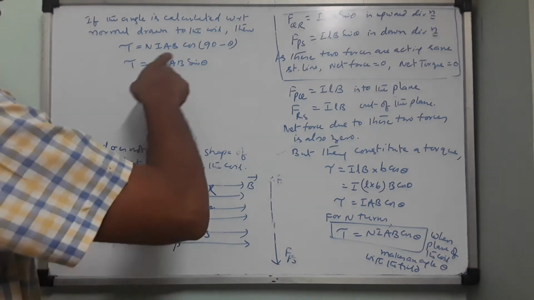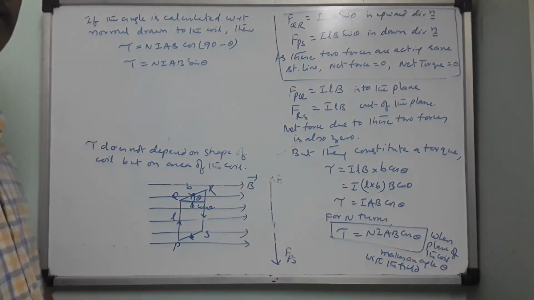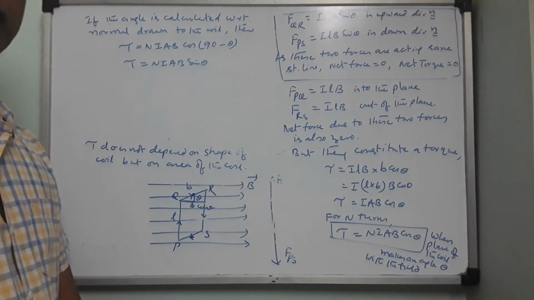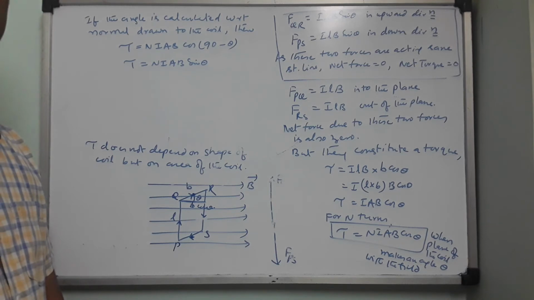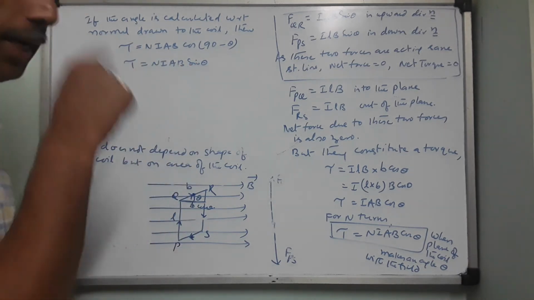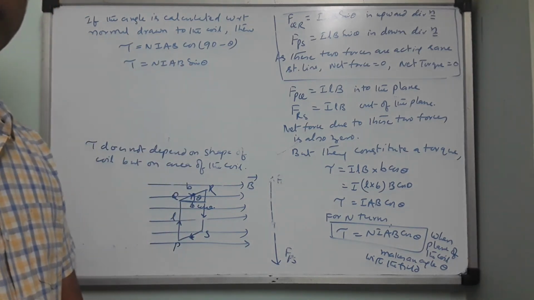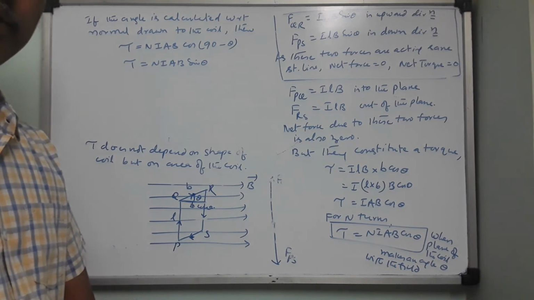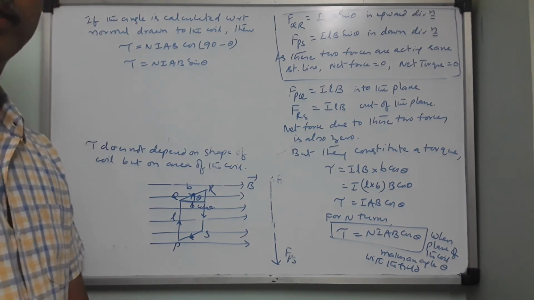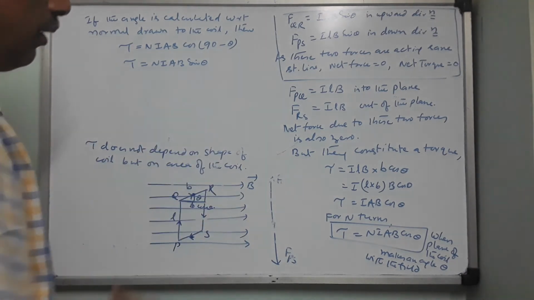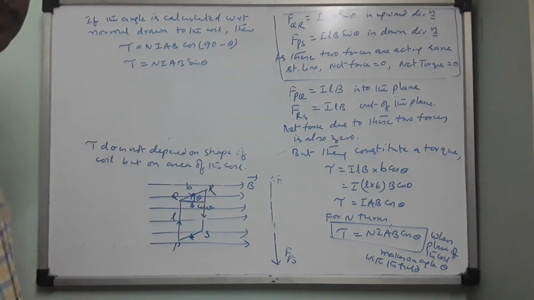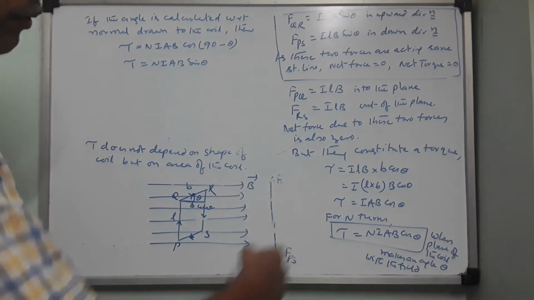You know very well that if the expressions are in terms of cosine, then cosine will always lead to a scalar quantity, like A dot B equals AB cos theta. If you have sin theta, then A cross B equals AB sin theta. A cross B will result in a third vector, that is AB sin theta into n cap. So that is the reason why we are discussing the angle with respect to normal, not with respect to plane.